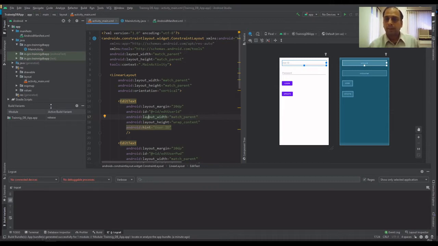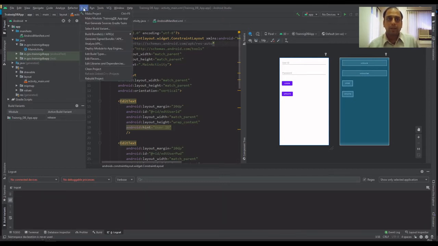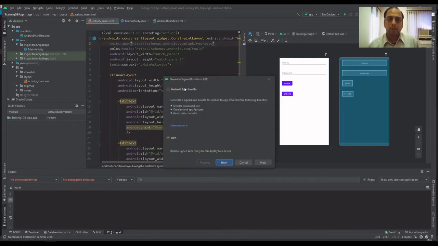It can be CA certified or it may not be. It's not compulsory to be CA certified, but you can go for CA certification as well. CA certification will cost you money, so you can make a self-signed APK as well. So to do that, click on build, and then click on generate signed bundle or APK. So the first option is the app bundle, the second one is the APK. So you can select either of the two options. So presently let's say I'm going for APK.